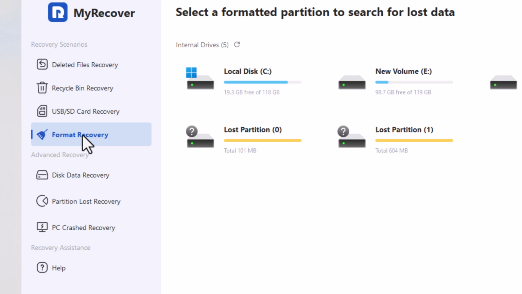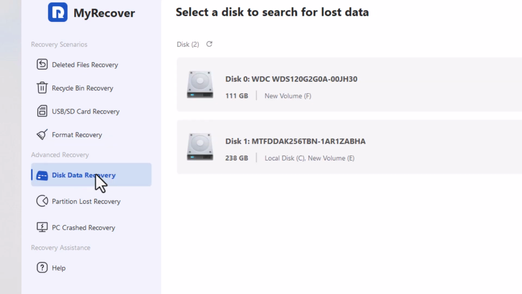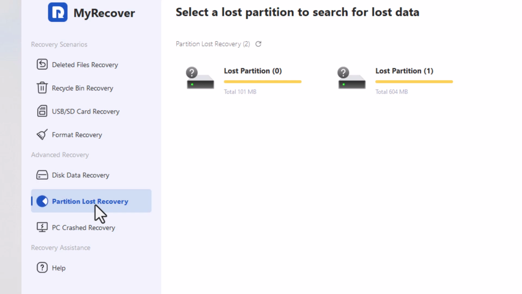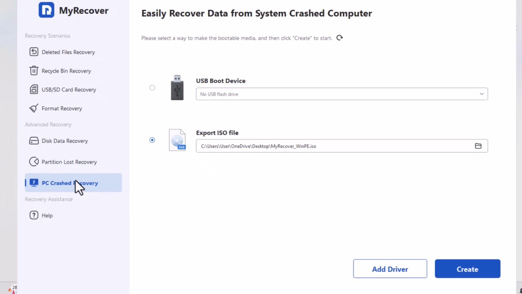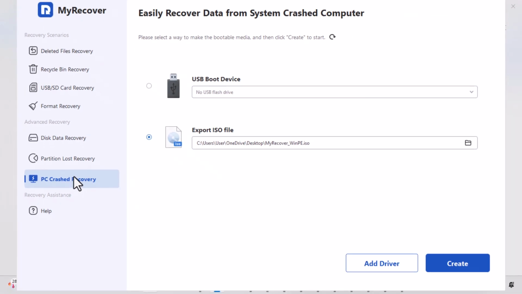formatted drives. Finally, under Advanced Recovery, you'll see powerful modes like Disk Data Recovery, Partition Loss Recovery, and PC Crash Recovery. The design is clean, simple, and easy to navigate, making MyRecover a solid choice for anyone looking to restore